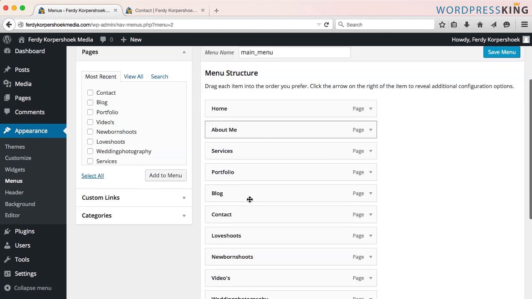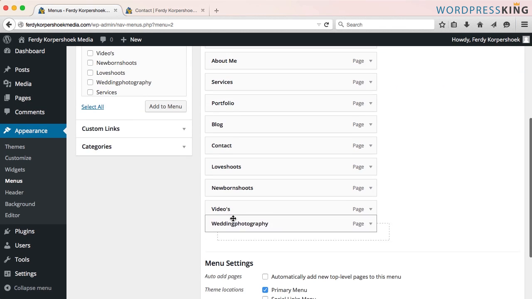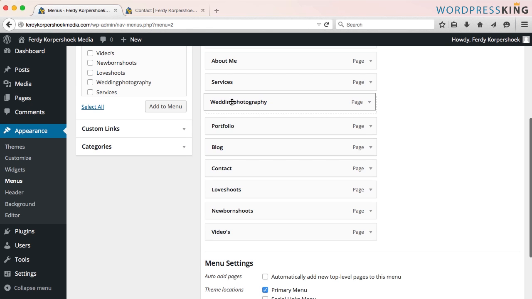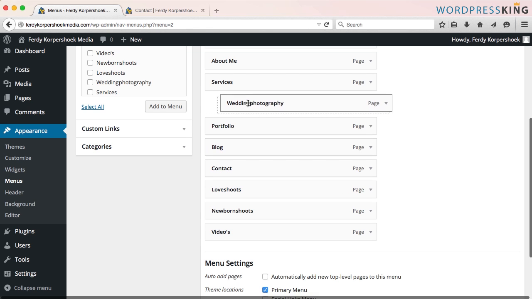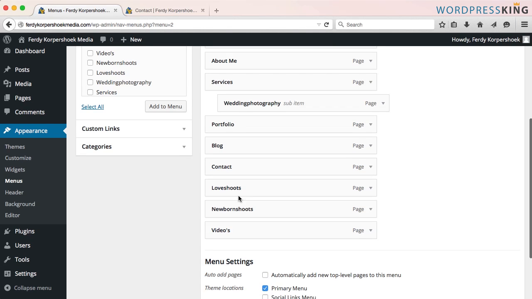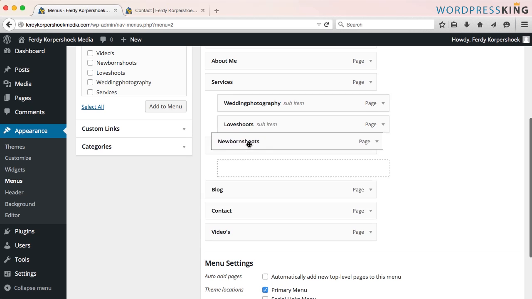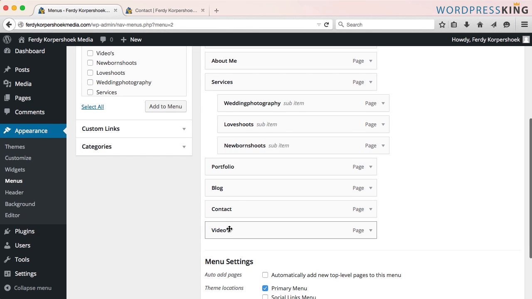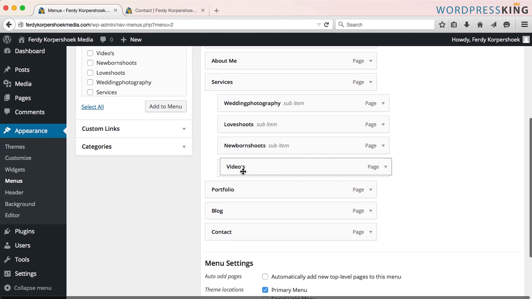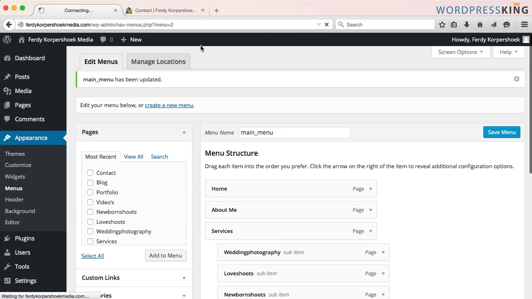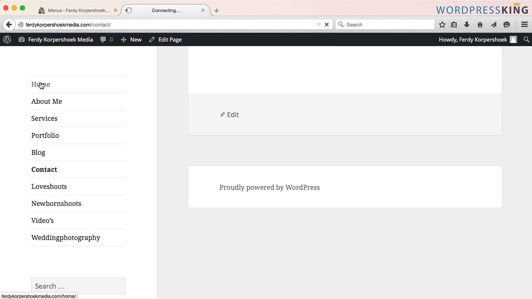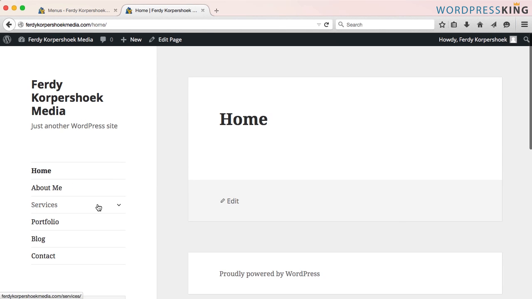In order to do that, I go to drag my wedding photography below services, but I drag it a little bit to the right and you see there is a tab over here. So I drag it over here. The second one, love shoots, I bring below that with the same padding. The third one, newborn shoots, over here. And the fourth one, videos, over here. Now if I save the menu and I go to the home page, you can see services with an arrow,